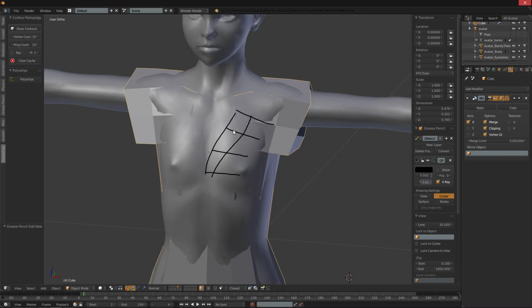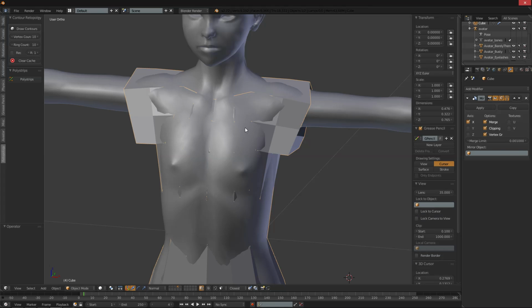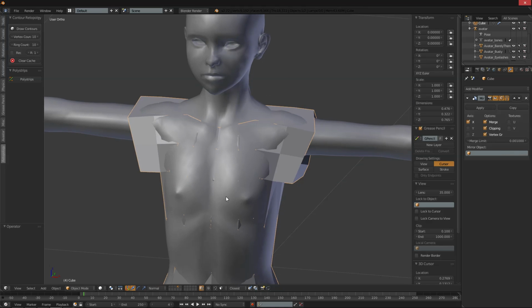Yeah, I don't know. You'd have to look up a video on it. But basically, you can do stuff like that. So if I had a really high poly model and I just wanted to...